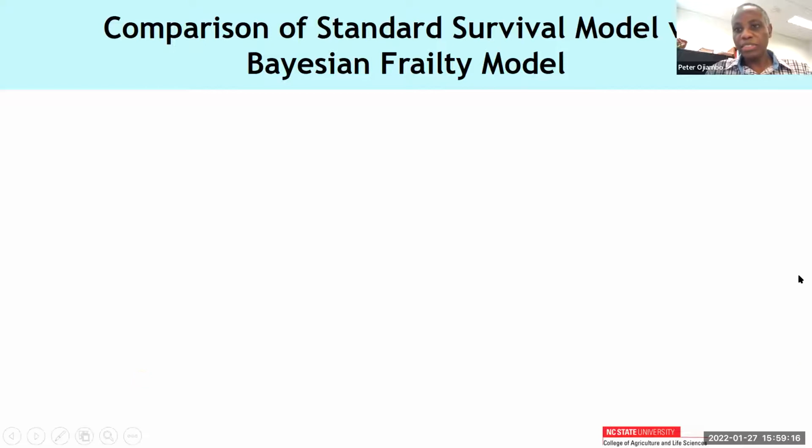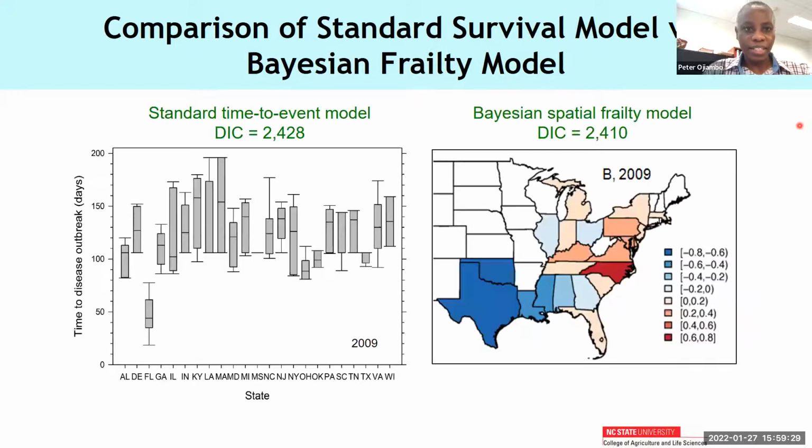So one of the things we wanted to see is how well the Bayesian model performs, just looking at some comparative differences between the two models. For example, the standard approach vis-a-vis the Bayesian model that we actually utilized. So just to put some numbers here, the DIC for the standard approach was 2,428. The DIC for the Bayesian approach is 2,410. So the change in the DIC by using the Bayesian approach was about 18 points, which is much more, which indicates a very significant